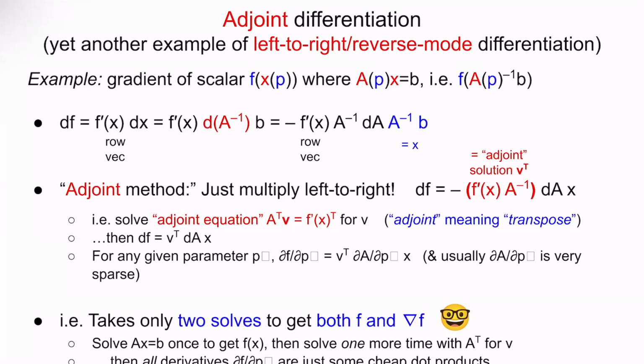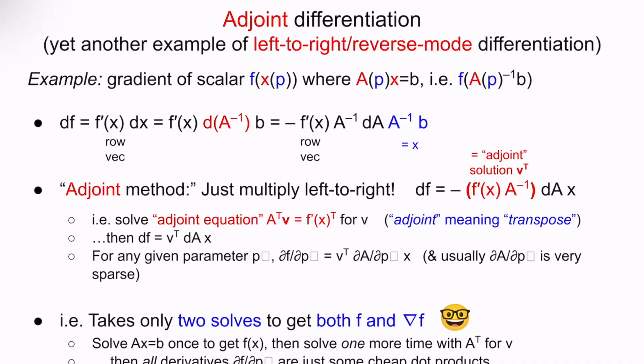And so now if we group this, let's look at this expression. You get A inverse b, which is just x, right? So you're really computing f prime, which is a row vector, times A inverse, right? So inverse of our system matrix times the change in the matrix with respect to the parameters, okay, times A times x, times A inverse b. And so the whole trick, the whole stupid trick, which becomes obvious once you see it, is just to take this product and multiply it left to right. So that means you want to put parentheses around the f prime A inverse. Why is that? Because that's